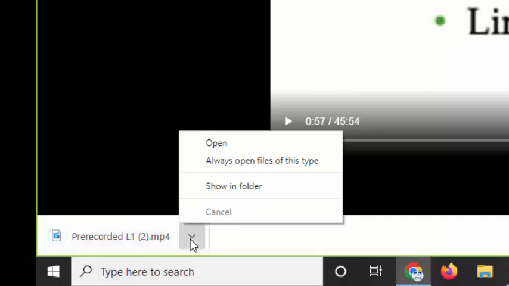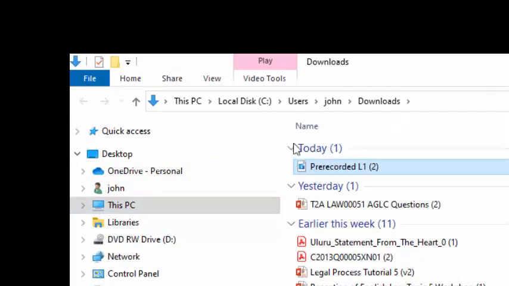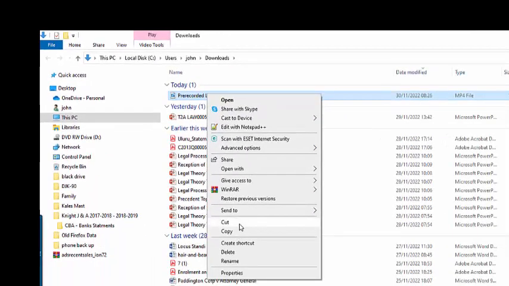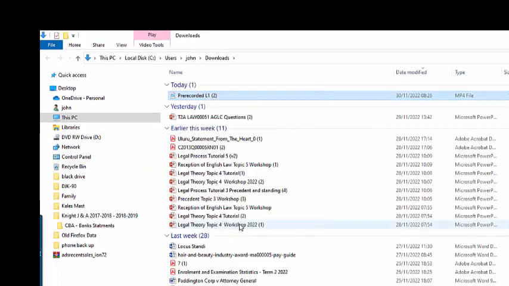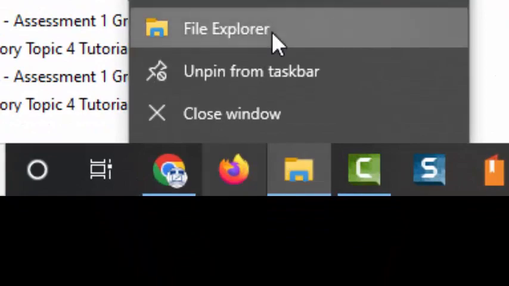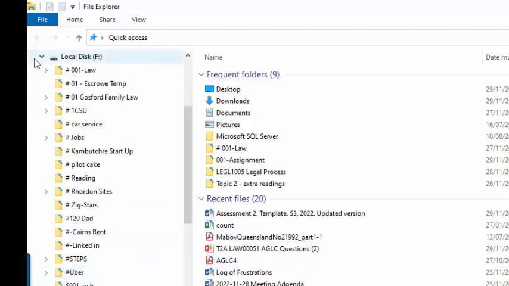You can now expand. I always prefer showing folder. And you can see this has gone to the downloads file. Right click, cut, because you don't want to bulk this up like I have. And then I go to my preferred file saving place. So I have the file structure on my main hard drive for law,